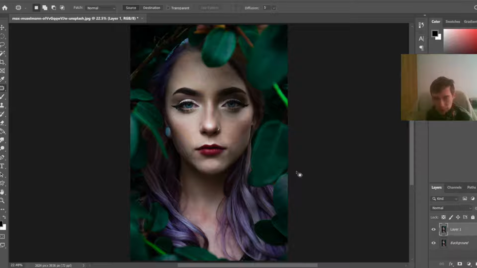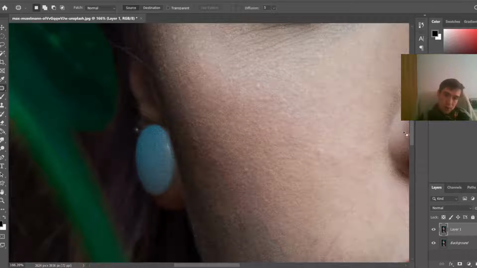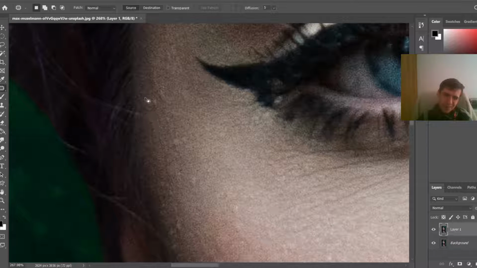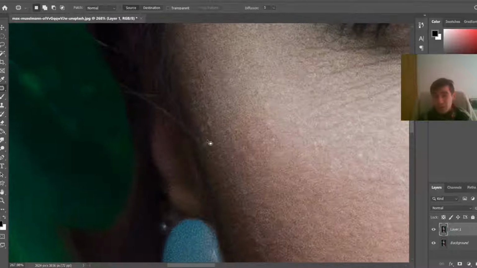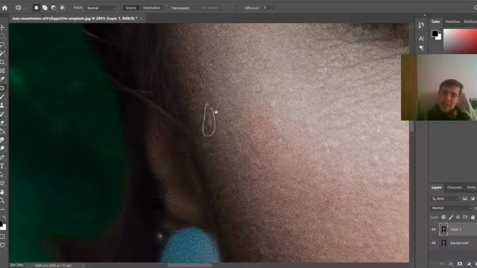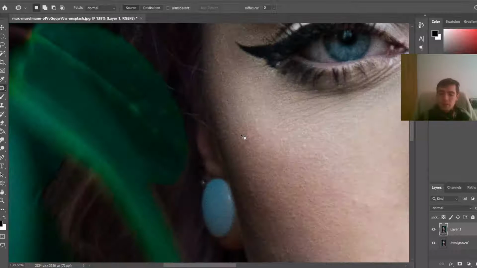Well, if you're going for that, yes, you have to clean the skin as much as you can. It has to be really perfect, but that is more for, I will say, kind of fine art photography, as well as editorial photography. The editorial photography, fashion, they use it, but it's not that strong how they use it, because in